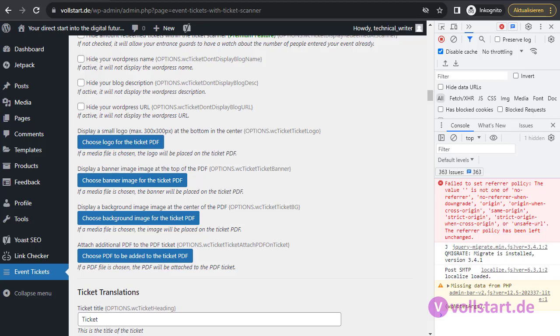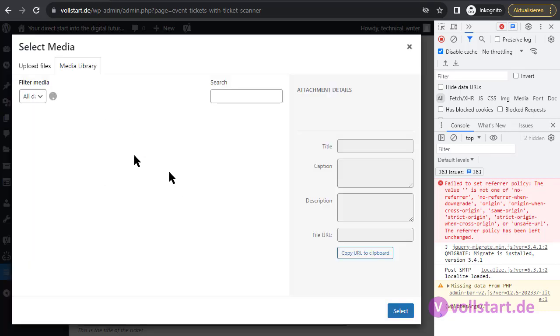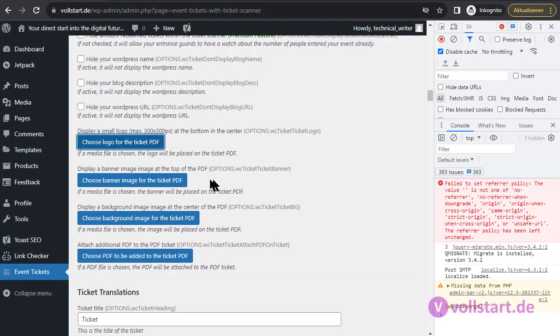Okay, and these are the buttons. They can click on it, choose an image, and the image will be set. For the logo, for the banner image on the top of the PDF ticket, and they can choose a background. They can also choose, a great feature, they can add PDFs that are merged to the ticket and be added